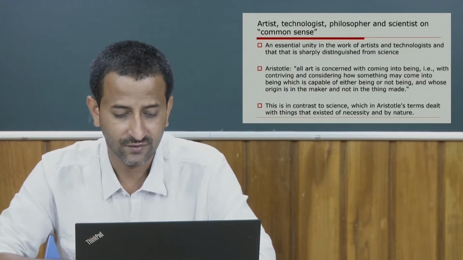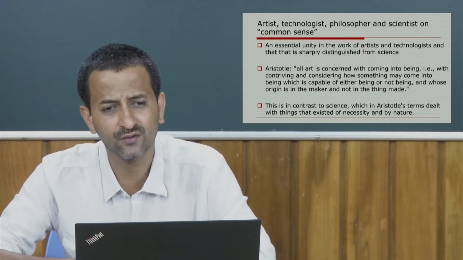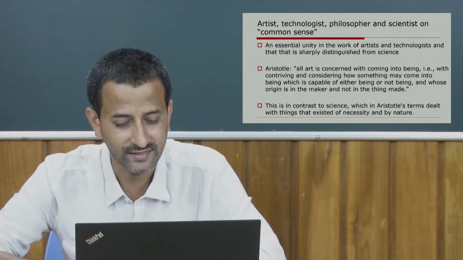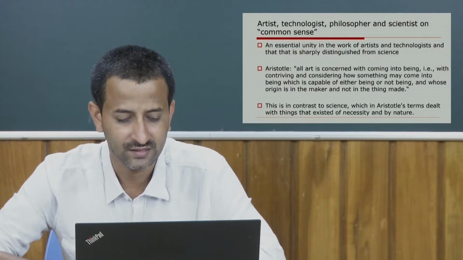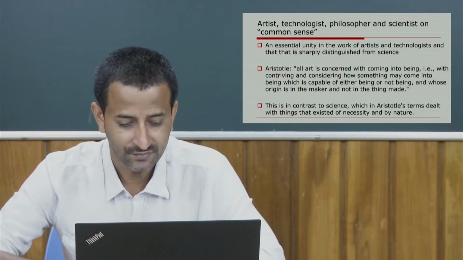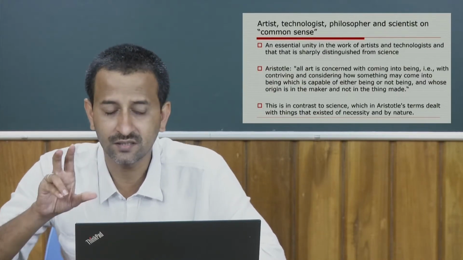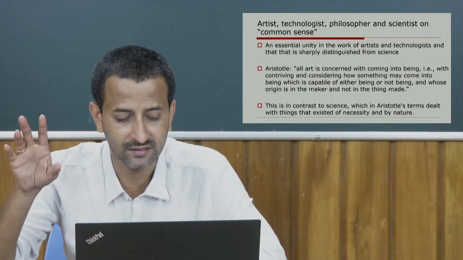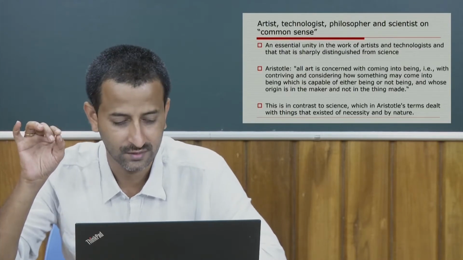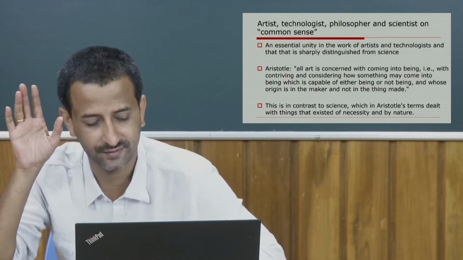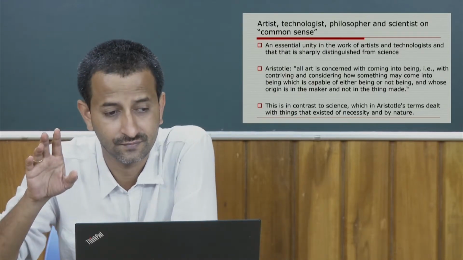Artists, for example, technologists, philosophers, scientists on common sense. Artists, for example, think quite differently from philosophers. In specific cases, it can be shown that technologists display a plastic, geometrical and to some extent non-verbal mode of thought that has more in common with that of artists than that of philosophers. Aristotle, for one,